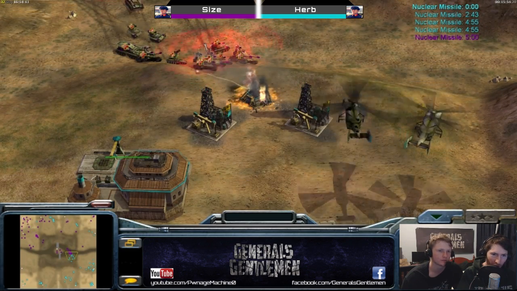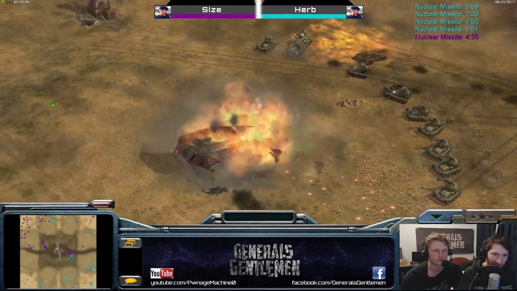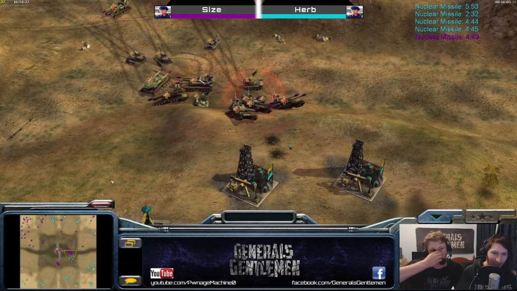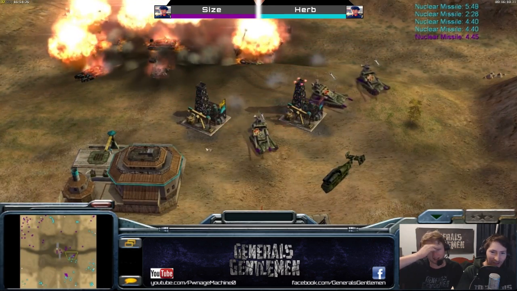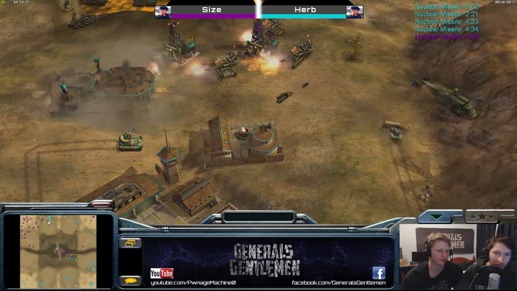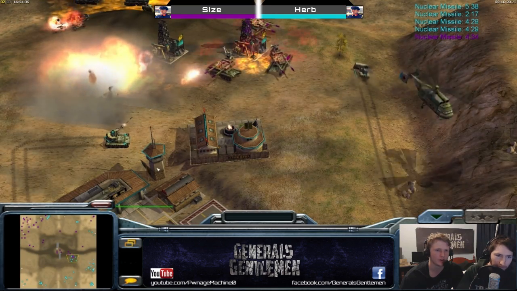Nuke Missile is ready for Herb, and he may take out the army with the Nuke Missile. That would be an ideal move there. It is firing. This could be game-changing if Size loses his army right now. This army can win the game. Splitting up. There we go. Nice! Yeah, excellent. Doesn't kill all the army. Nice preemptive split by Size. He knew what was up. He knew what Herb was going for, and really that was the best target. It really was. Has to just go for the...